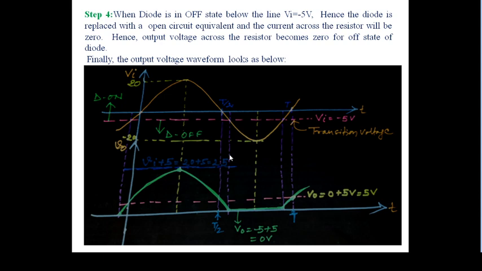First, you have to find the transition voltage where the diode is just on, and during that time you have to think there is no current. Then you draw that line, which will be parallel to the time axis. Above the transition line, the diode will be either on or off, and we have to decide which. Then we short circuit the diode and find the output voltage. After that, you open circuit the diode and find the output voltage, and then you can easily plot it. It is very simple. You can practice and you will get the answer.